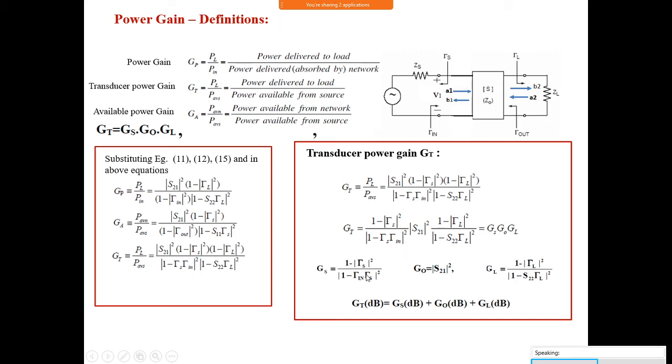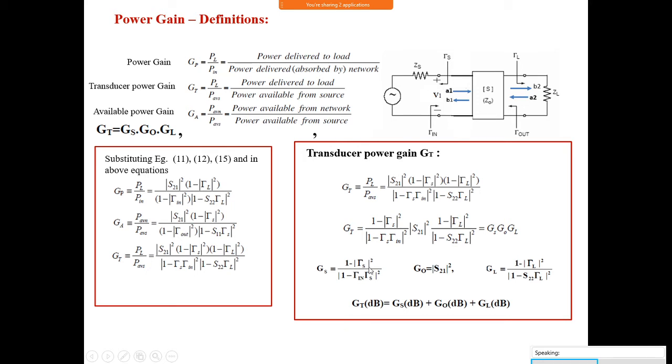To do that, as we see here, it depends upon the GS. I want 4 dB, for example, because I need 20 dB. Here I need 4 dB, 4 dB, and this is 12 dB. Totally, I will be getting 20 dB here. So how to get 4 dB for this GS? Because it depends upon the value of gamma S, which again depends upon the impedance looking in this direction.